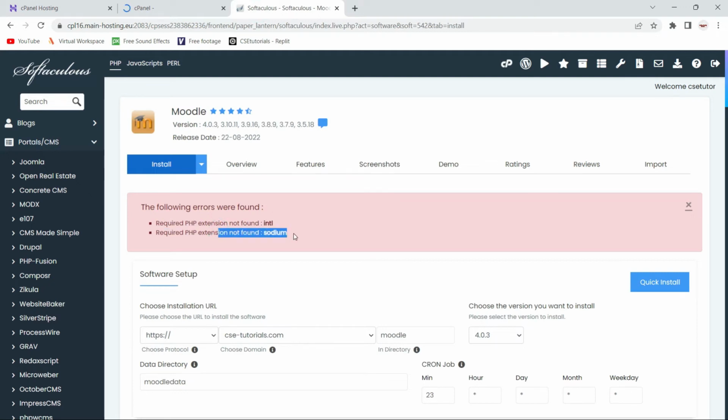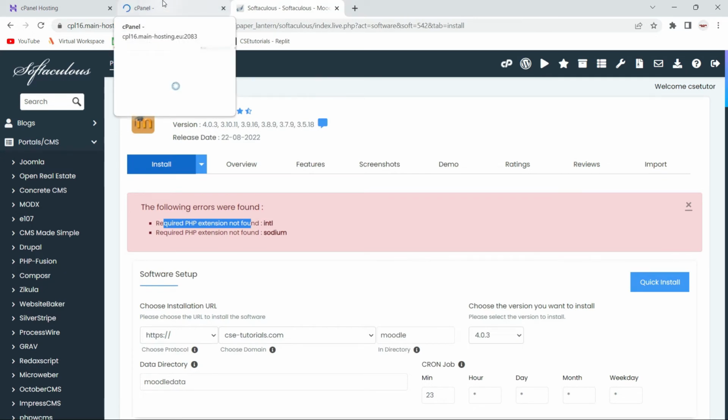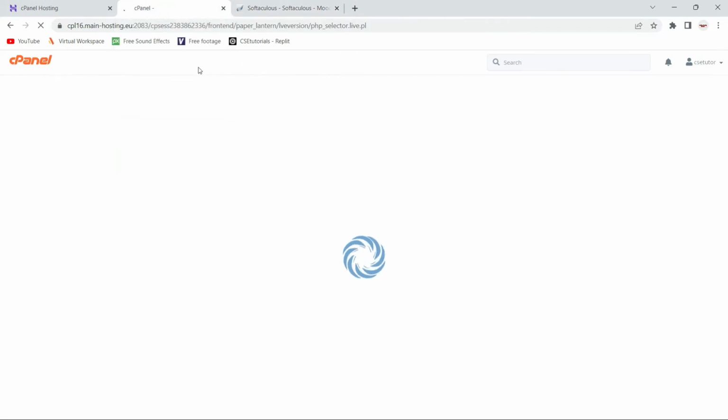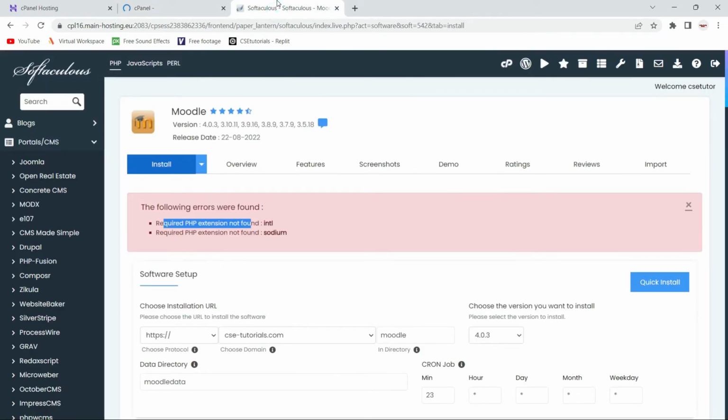The error will be the same: PHP extension this is not found. In my case I have two errors, so I will search for two PHP extensions, INTL and sodium, and I will install those extensions. Once I install, the error will be gone.